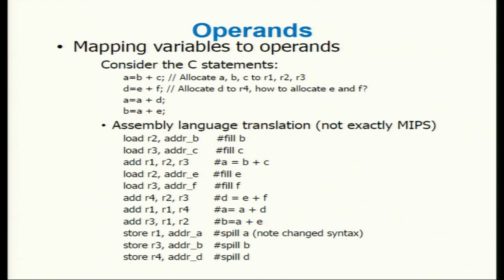So that completes the compilation of these operations. Now I have to store back the values that have been newly generated, which are essentially, if you look at the left hand side, A, D, and B. These are the 3 things that have been generated here. So I store R1, which is A, store R3, which is B, and store R4, which is D, to